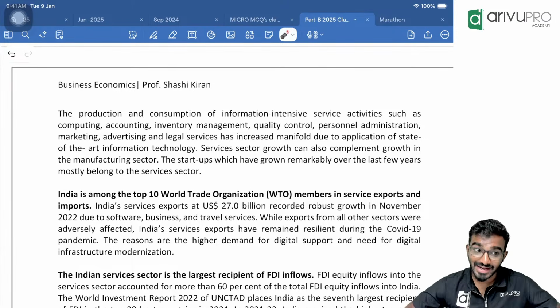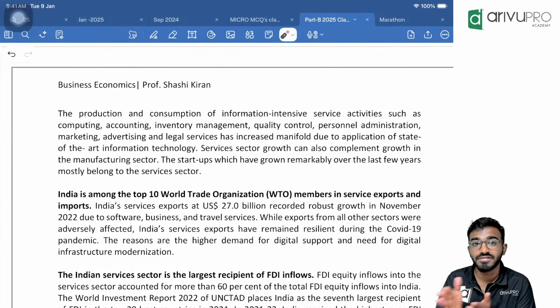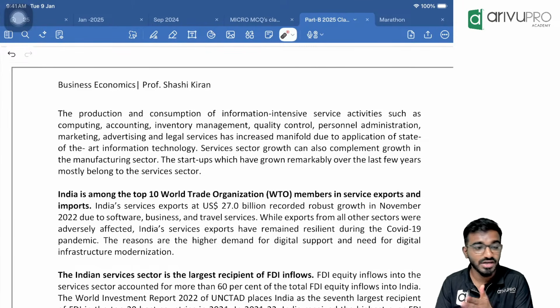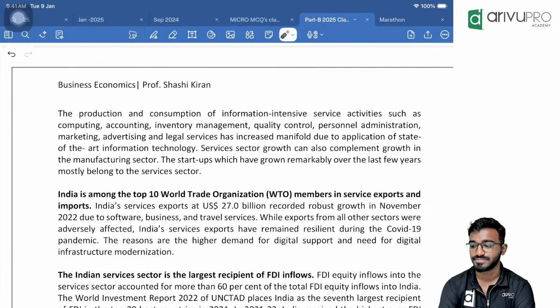And usually you know where exactly the question comes from. The second half of the chapter is where 7 to 8 questions will come. Hardly 1 or 2 questions will come from the first part. All that British India, ancient India, after independence of India, 1991 and later, that is where more than 7 to 8 questions will come.